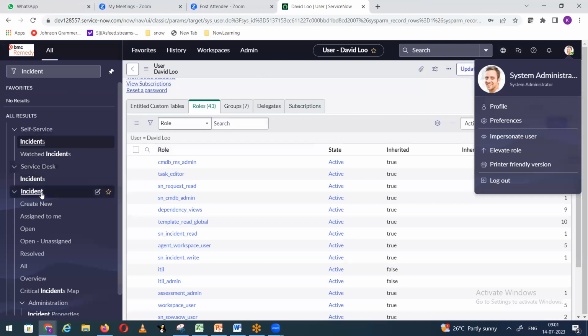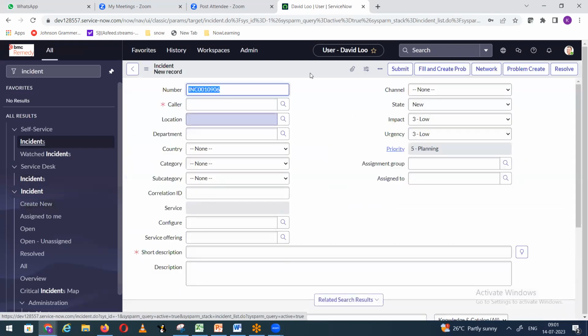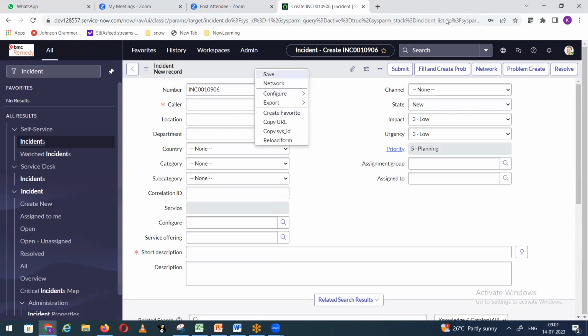Okay, so here I will go to... Okay, so my requirement is when the incident is created, that means click on create new. When I am creating the incident, immediately it has to create the problem ticket also. And why? Because in the problem management also,